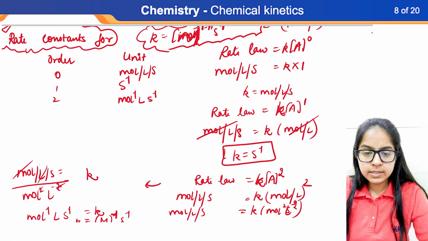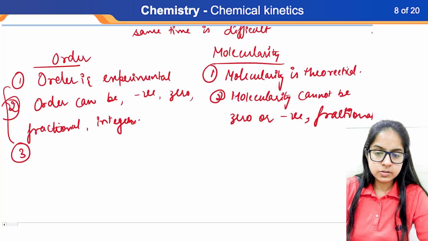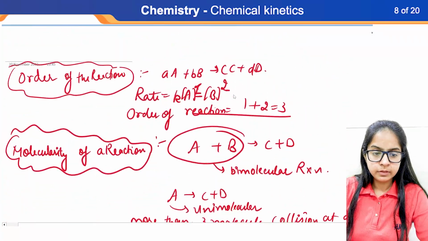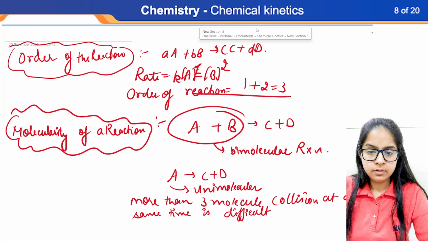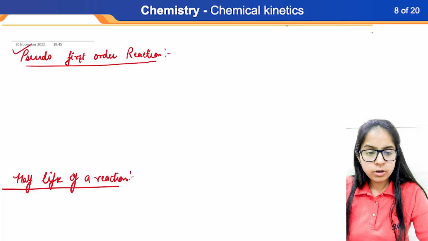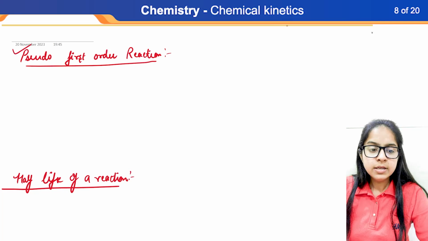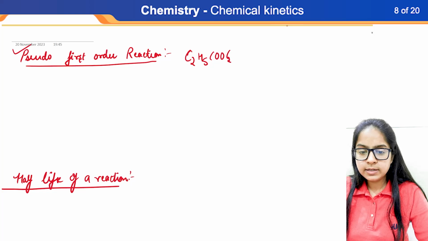Now the next ones are order. I have explained to you, and the molecularity is also done. Let me complete this pseudo first order reaction. Now what is pseudo first order reaction? Suppose I have C2H5COOC2H5 plus H2O giving,